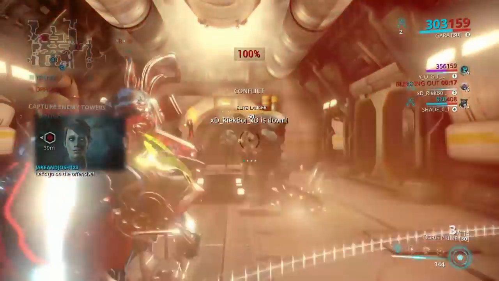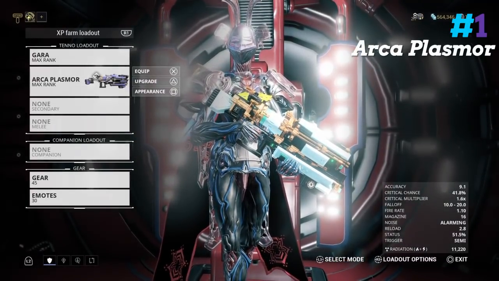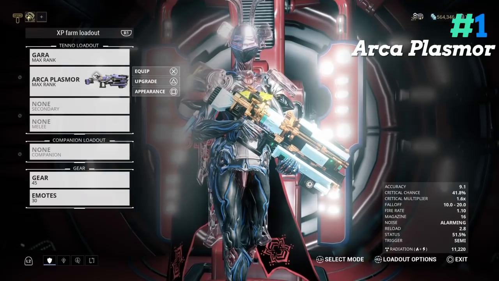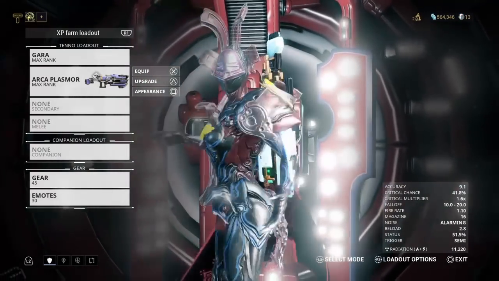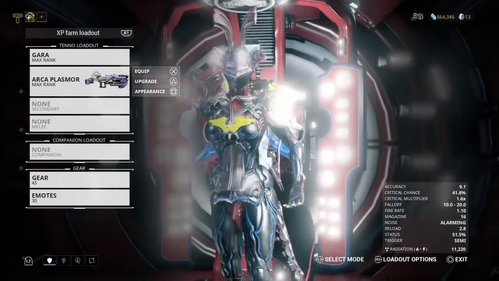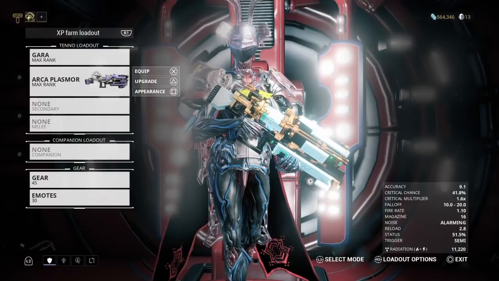Now let's move on to number 1. The next weapon on the list is the Arca Plasmor. The Arca Plasmor is a clan-tech weapon that shoots radiation-like damage at the enemy. It shoots like a big ball of dust at them. It is a shotgun. The reason why I put this as number...